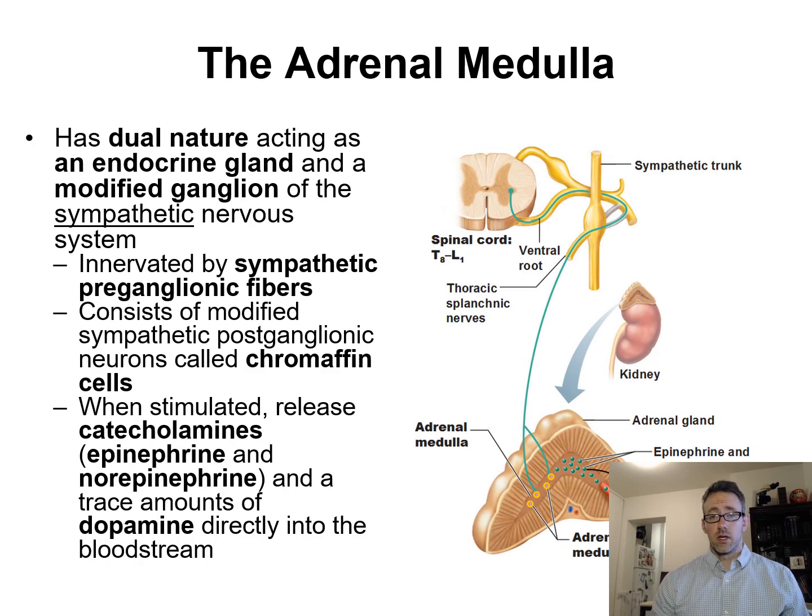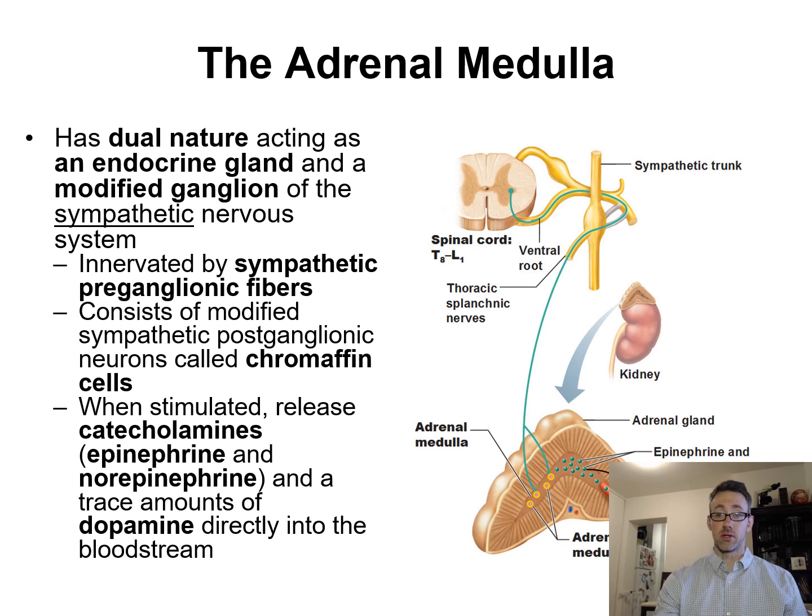So the adrenal medulla, we've covered most of this already when we were talking about the autonomic nervous system. But just to talk about a few other things, it has a dual nature, acting as an endocrine gland and a modified ganglion, as you know, for the sympathetic nervous system. If you recall, over here in the cartoon, you can see the section of the spinal cord, and here's the sympathetic trunk, or the chain. You see going out of the ventral root, it goes through the chain, and it actually synapses. So this is actually the